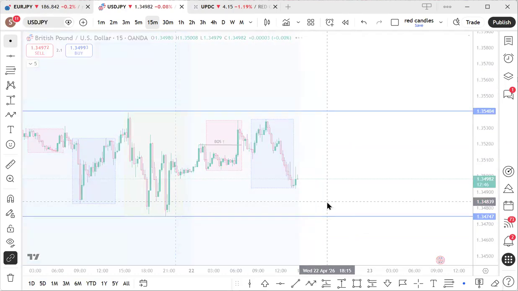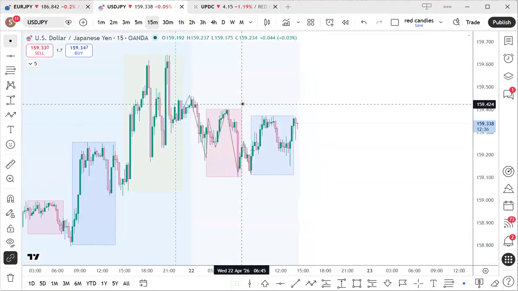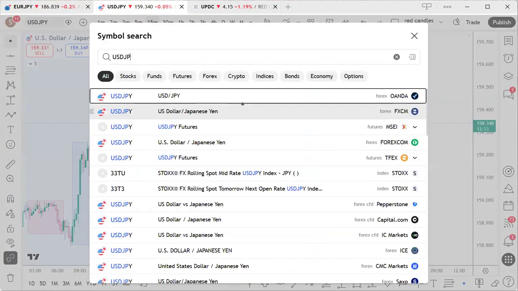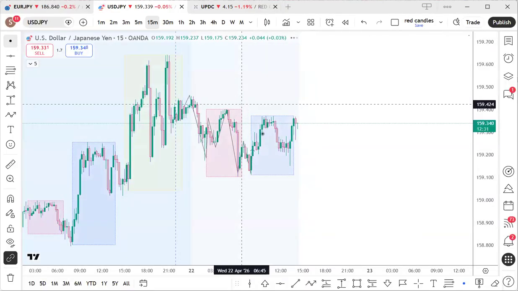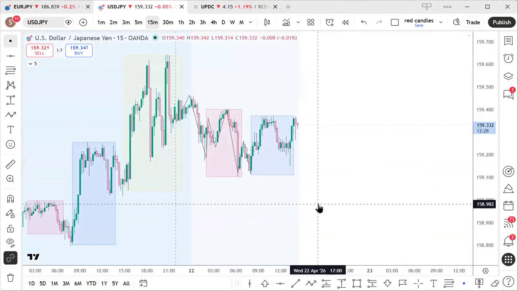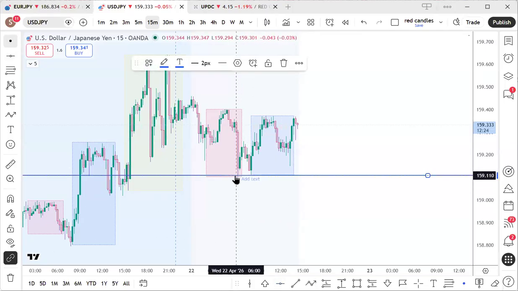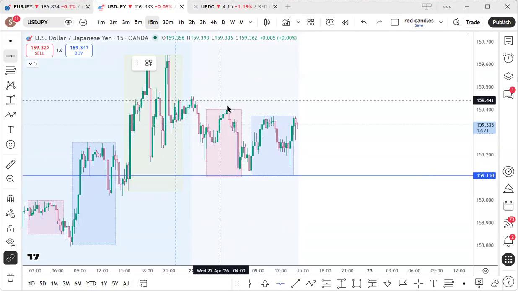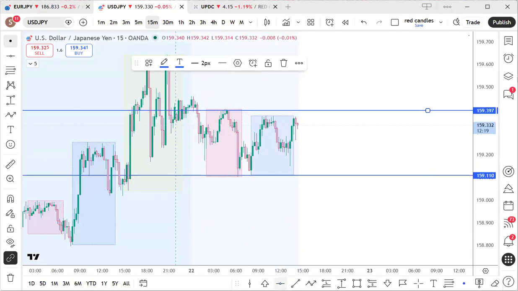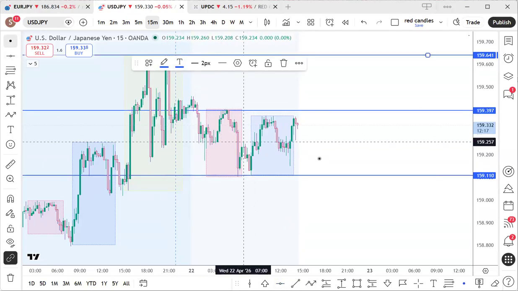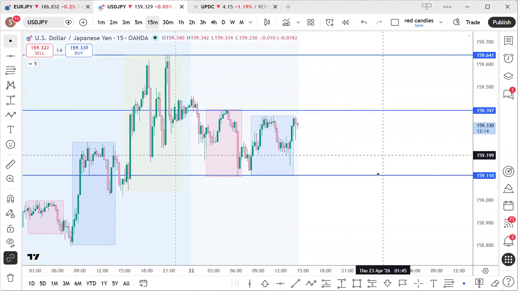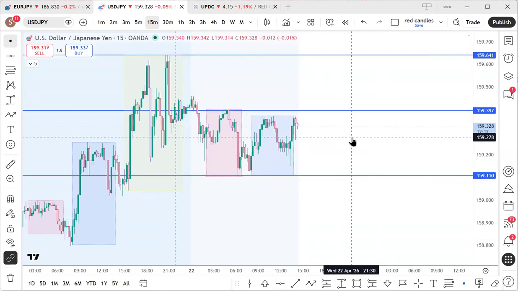Okay, let's look at USD JPY. Oh, this is now stalling. What's happening? Okay, so we can see a similar kind of setup too. It's just sideways movement. Not a lot of things to do here. You have one top there, another top there. So let's see what price will do. We have to wait and see.